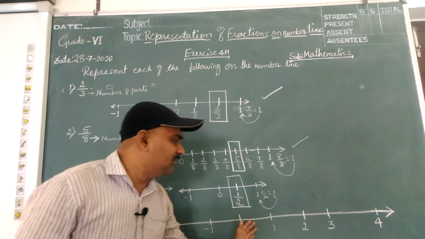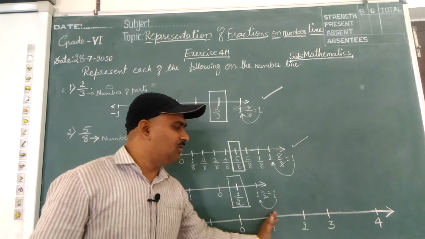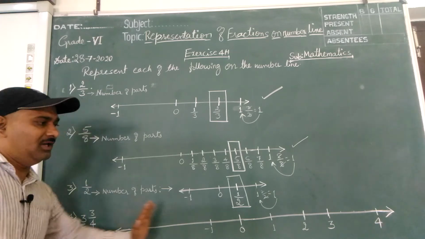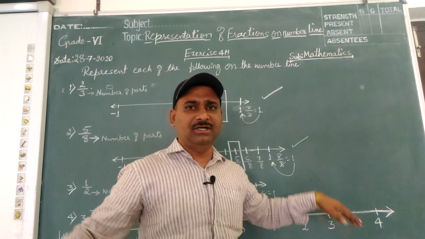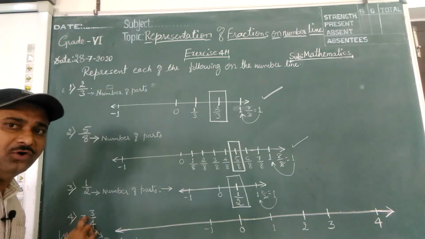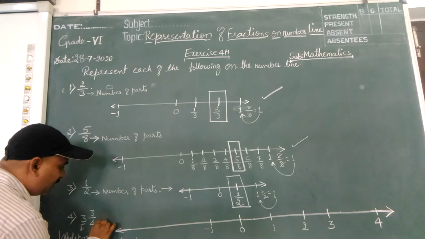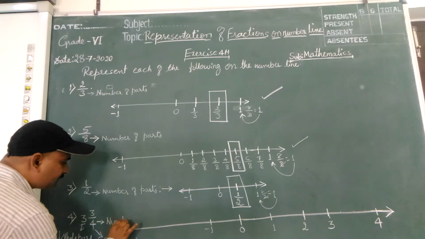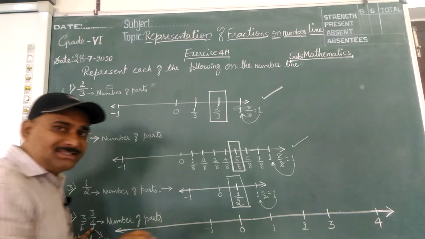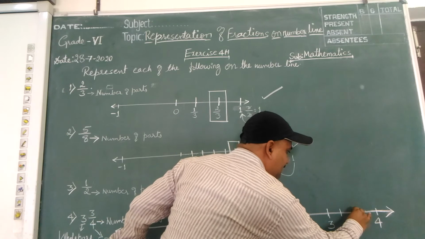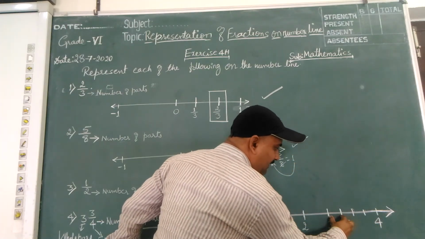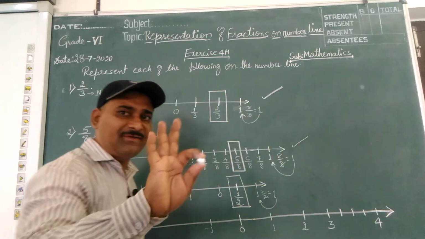How to show this? We should not do anything for the fourth one. Here we should not do anything, children, because 3 is a whole number. After 3 only we should start. First, second, third, you leave it. After 3, we should show 3 by 4. Again, this denominator 4 shows the number of parts. 4 parts after 3: 1, 2, 3 and 4. See? 1 part, second, third and 4 parts made after 3.